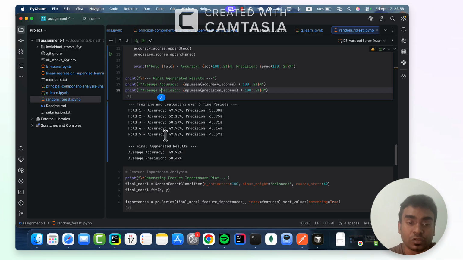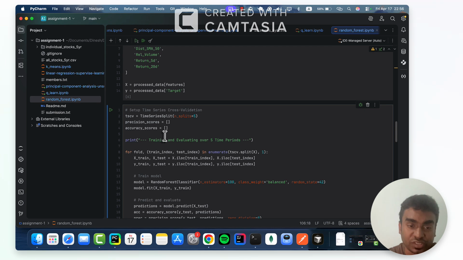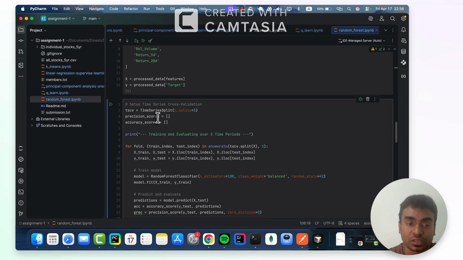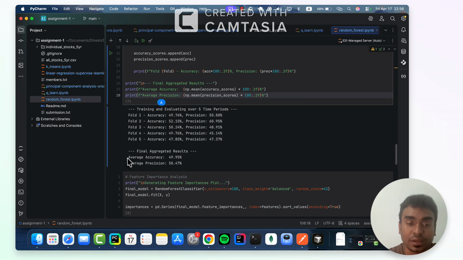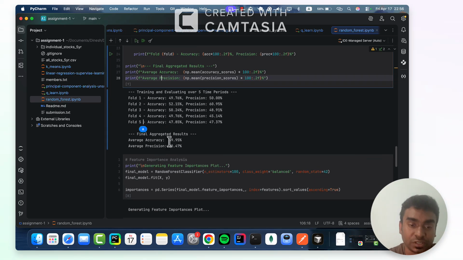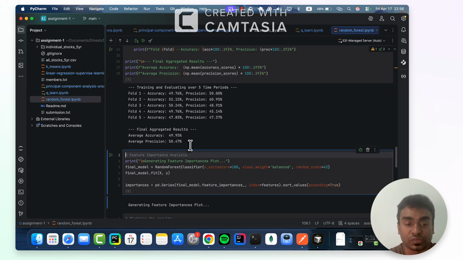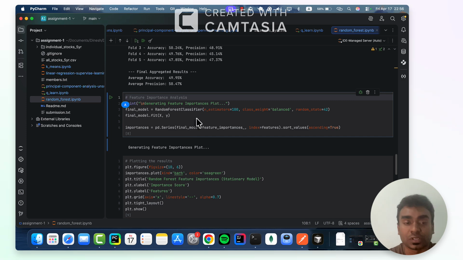These are the outputs for the 5 splits we have assigned here in the time series cross validation, and these are the average accuracy for these 5 split tests. We have got the average accuracy as 49.95% and average precision as 50.47%. And after that I am going to generate the plot